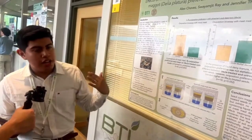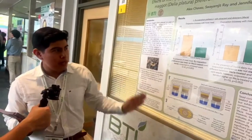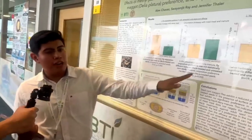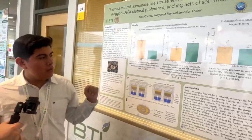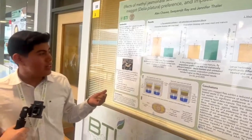However, we did see a trend in which more eggs were deposited on the methyl jasmonate treatment rather than the control treatment. This is unexpected to us. We're not sure why this is, and we're trying to figure that out more. Finally, looking at the larval preference, we can see that there wasn't really a strong preference for either treatment. So the takeaway is that methyl jasmonate can be an effective deterrent for seed corn maggot,